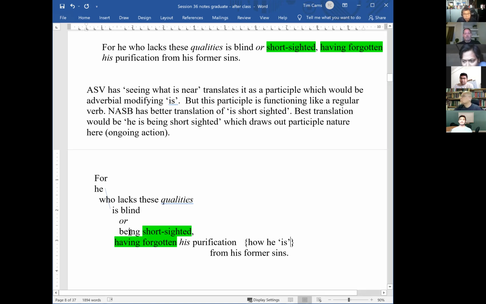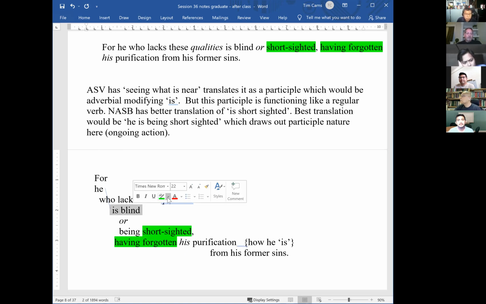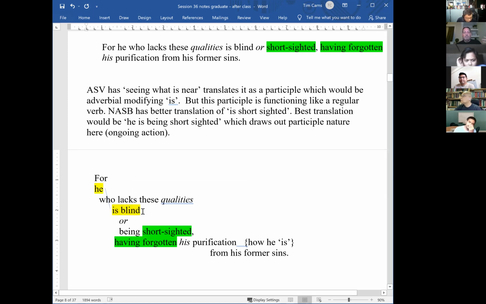I think it's modifying both of these. Now, okay, so does this diagram make sense? You guys with me? If not, ask, okay? "He is blind" is the main subject, verb. I'll highlight it. Subject, verb, and in this case, predicate adjective, right? Blind is an adjective, and there's a verb of being there, so it is describing the subject he, but also